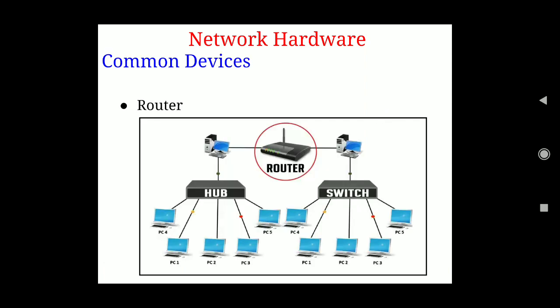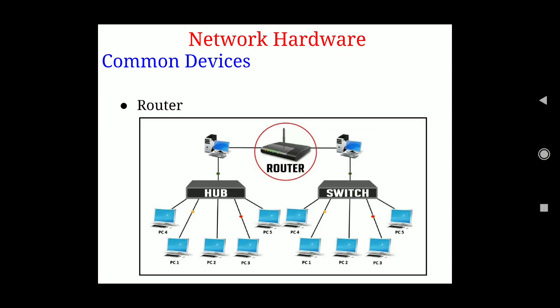The next is a router. Let's look at the diagram first. Now the meaning of the switch and hub is clear here. There are machines like PC1, PC2, PC3, PC4, which are connected to a hub, and these are connected to a gateway machine, or a server, we can say. Similarly, on the right side there are four to five machines connected to a particular switch, and that is connected to a gateway, and these two gateways are then connected to a router.